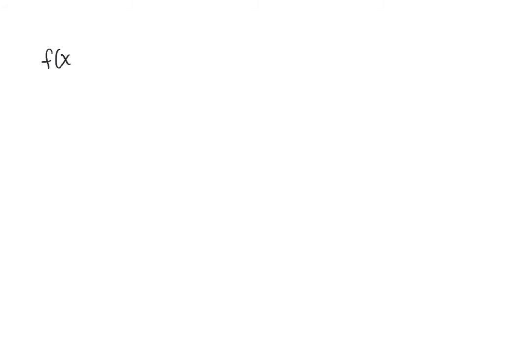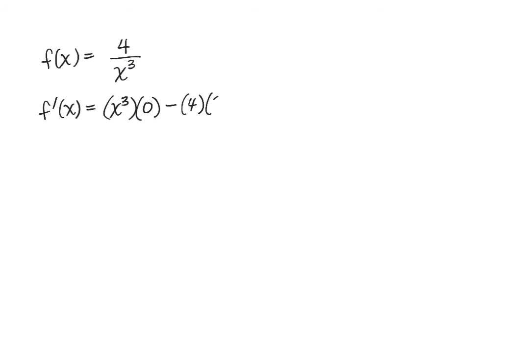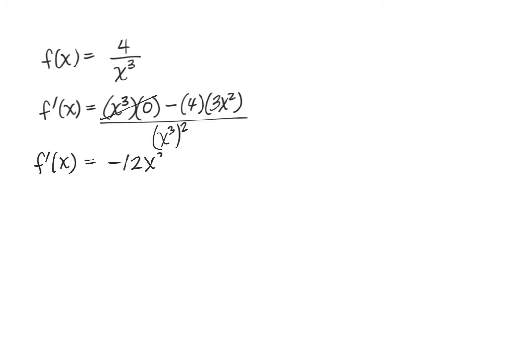Another great example where the quotient rule is going to be unnecessary is when you have a constant divided by an expression. For example, 4 divided by x cubed. So this is a quotient, so you could do the quotient rule, which would be low, which is x cubed, d high, derivative of 4 is 0, minus the numerator, 4, times the derivative of the denominator, 3x squared, all over the denominator squared, so x cubed squared. And then we see that 0 times x cubed is 0, so we would end up with a negative 12x squared over x to the 6th,